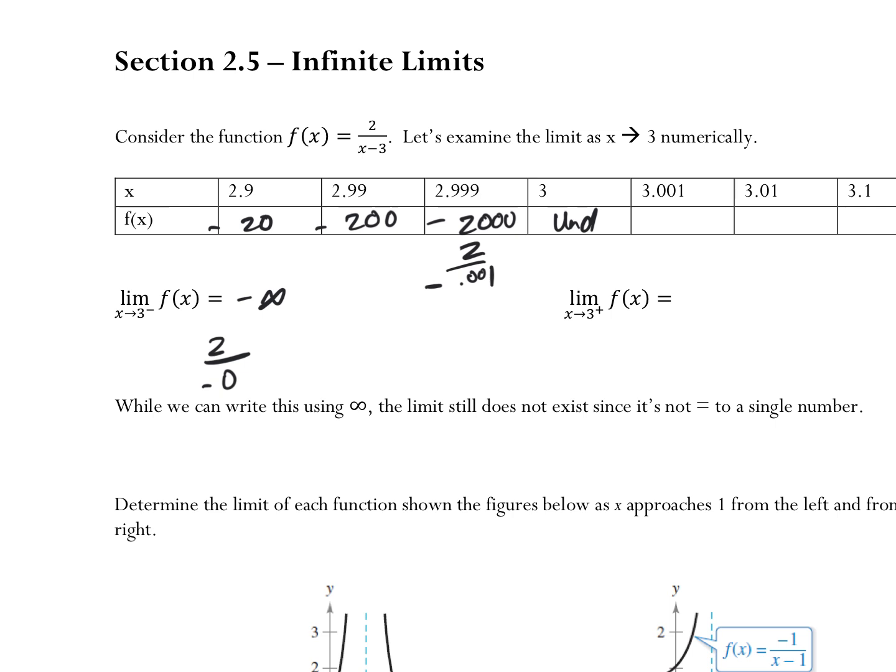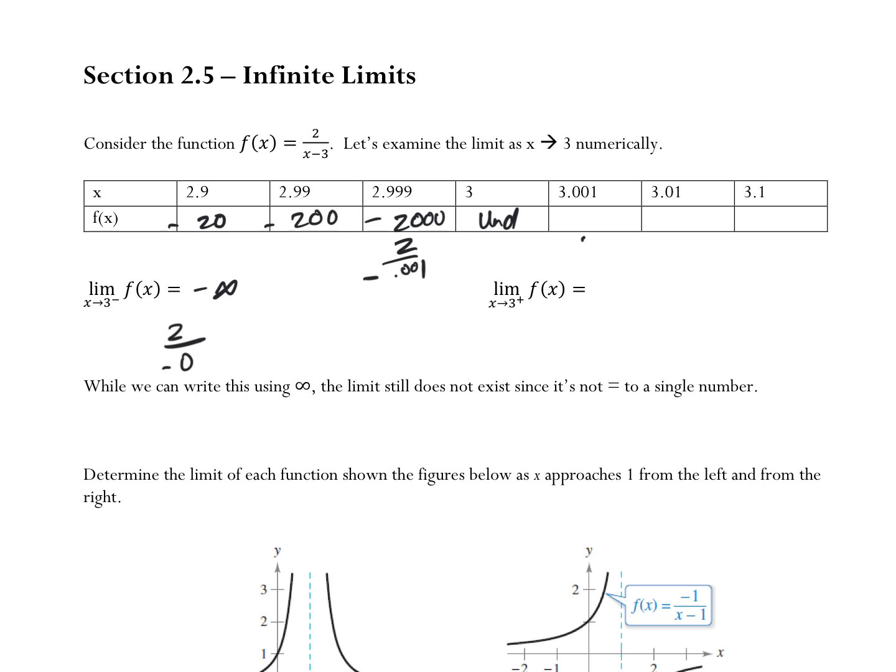And when that happens, we got 2 things going on here. We have a non-zero constant over 0, and then we have to think through, is my answer positive or negative? Those are the 2 components that we want to be thinking through here. So, new rule is, and likewise, if I did it this way, we had positive 2 over positive 0.001, right? Because we were approaching from that right-hand side. Now I have 2 over a positive 0. It's almost like a way of thinking that through. Okay? And so now as we were getting closer, we were actually going towards positive infinity.